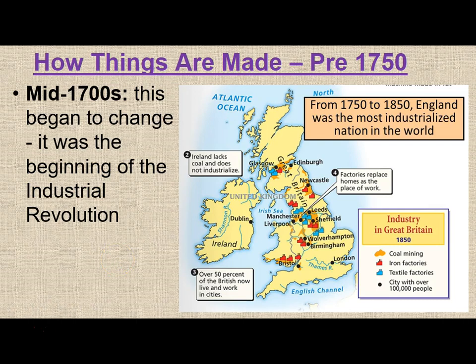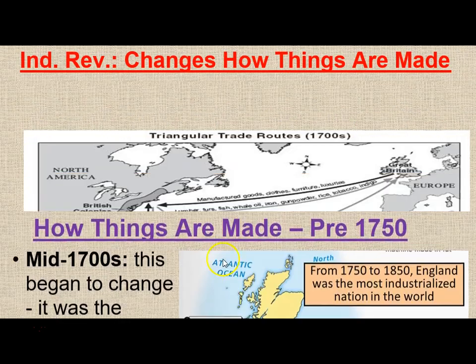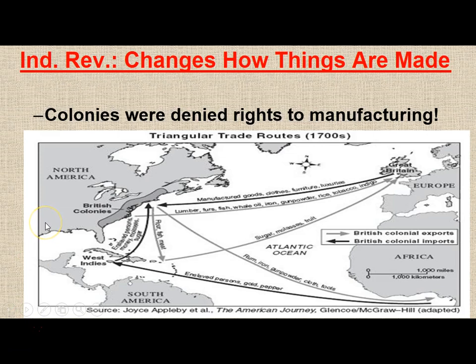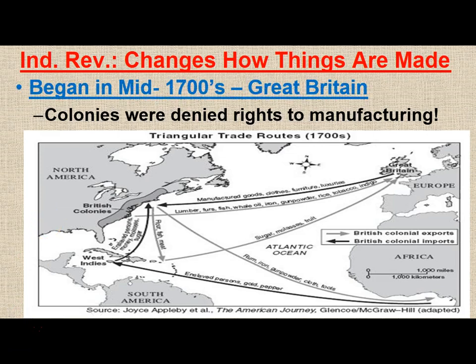They are drawing raw materials and resources from the American colonies, from Canada, from their other colonies around the world, and factories are turning those things into gadgets, wadgets, and thingamajigs. That is where the real money is. And this goes back to what we talked about before with our triangular trade routes. Notice the manufactured goods and clothes, furniture, luxury items are coming back to the colonies. Raw materials are coming from the colonies to Great Britain.